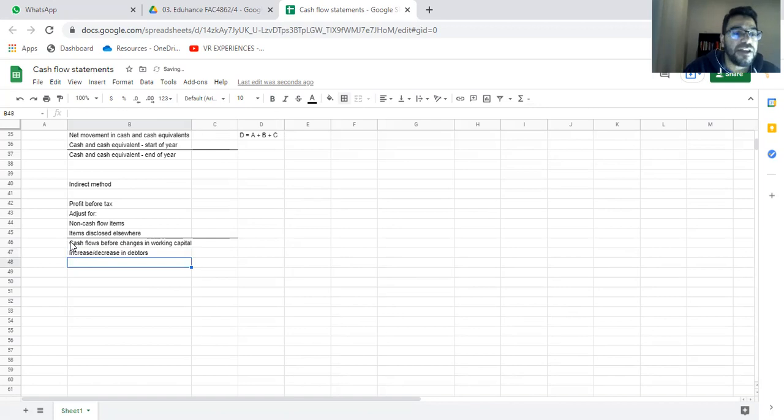So you will have to bring in the increase or decrease in debtors. I'm just going to bring in the typical ones. Increase or decrease in inventory. And then increase or decrease in creditors. These are the typical ones. There can be anything else as well. If we get a question and we have something, I'll show you. And then these adjustments would give you what we are looking for, which is cash generated